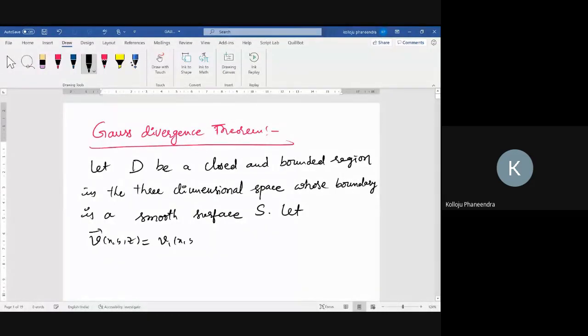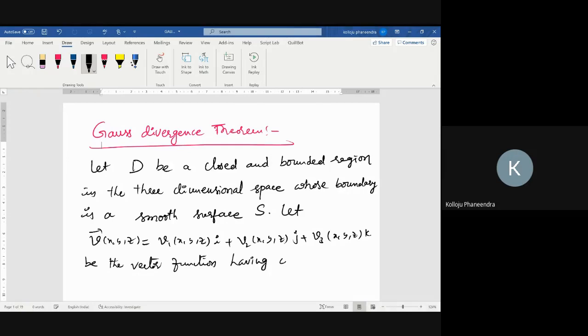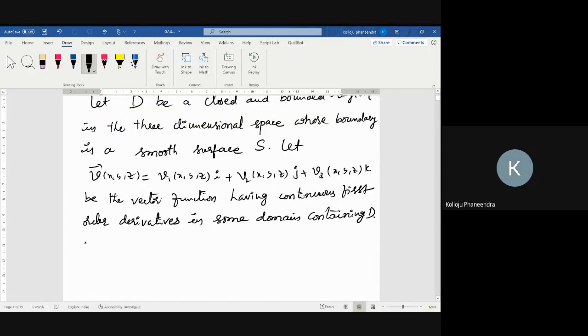Let v bar equal to v1 of x, y, z i plus v2 of x, y, z j plus v3 of x, y, z k bar be the vector function having continuous first order derivatives in some domain containing D. Then, now the statement: